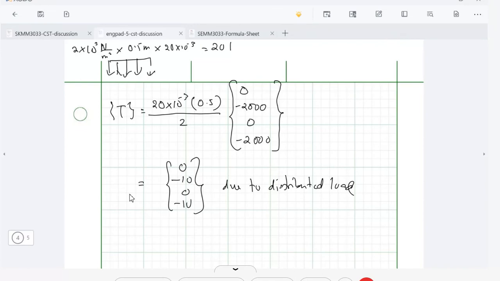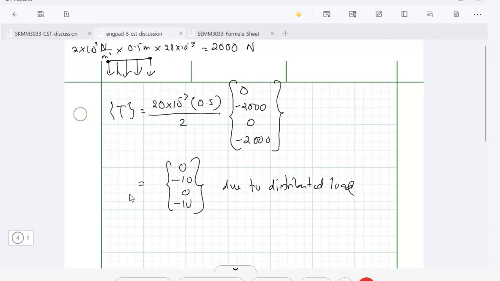Is it 20 kilonewton or 2 kilonewton? 2 kilonewton, sorry, 2 kilonewton or 2000 Newton. Total 2000 Newton. But note that because half of it will go to this node and the other half of